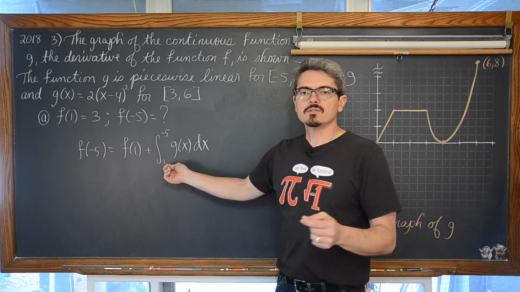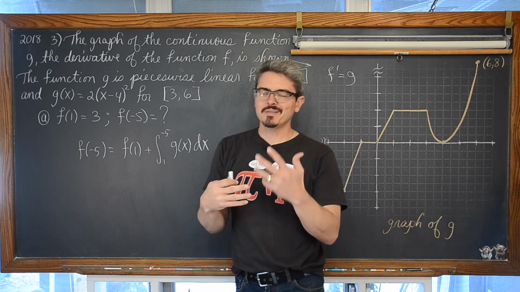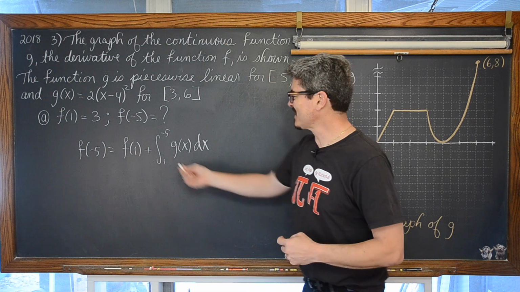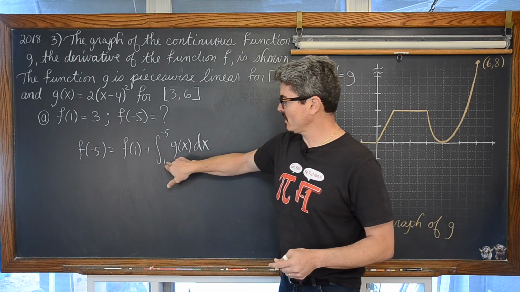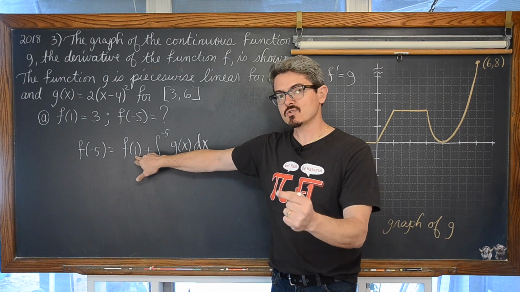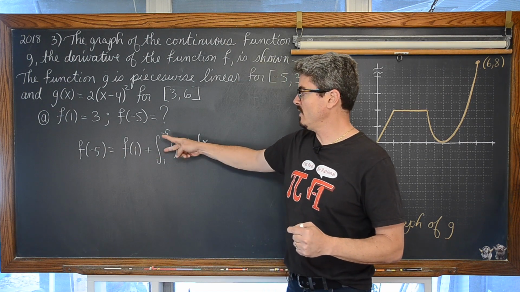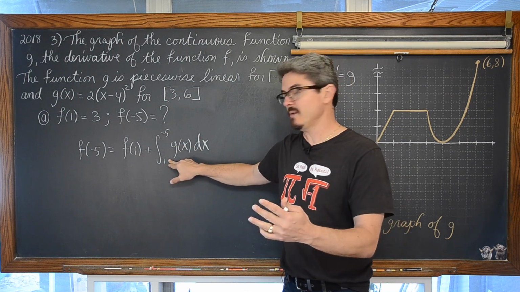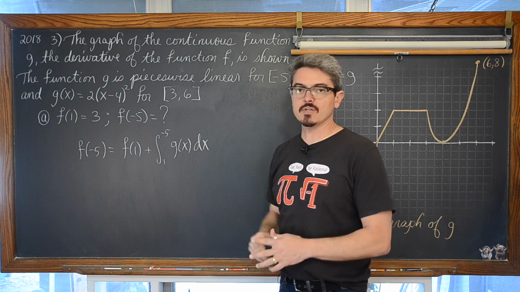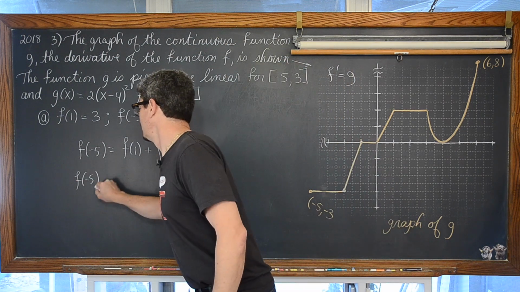Okay, well, you can't do definite integration in a standard way unless that lower limit is actually a lower limit. So I put my lower limit as 1 because my initial known value is at x equals 1. Well, we want to flip these limits around so that the lower limit is actually the lower limit. Well, when you swap the limits of definite integration, you're going to change this addition to subtraction.